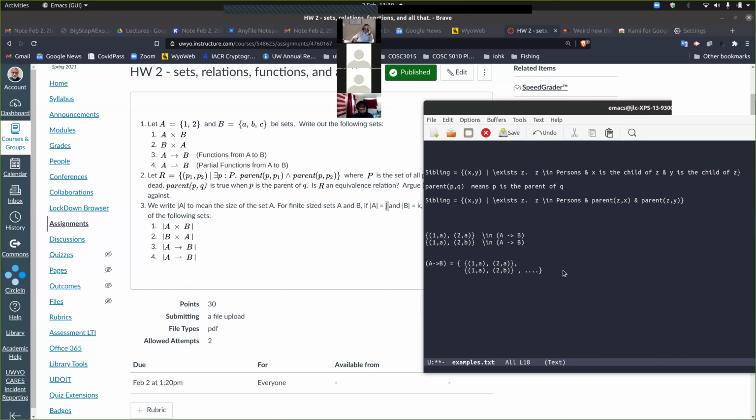In some ways, it's disappointing that most of you have come through 3015 and there's quite a lot of confusion about functions still. But also 2300 covers this material, and so I feel like somehow we're not really teaching it right. Now, you may have never seen it as this explicit enumeration of the set of pairs before, but